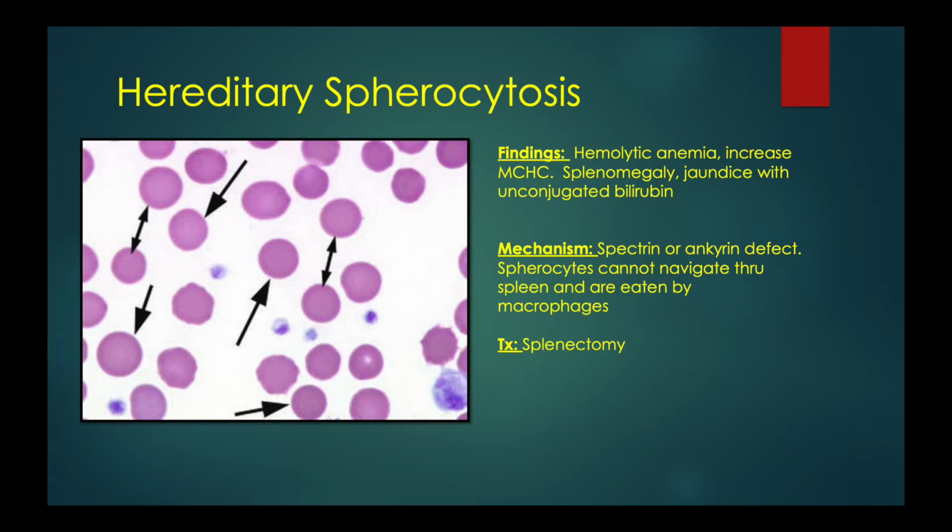It's like they're a giant circle, per se, and they don't have that kind of indentation, and that's what it looks like on the slide. Okay, and this is the one where splenectomy would be the treatment. Don't worry about that. That's more of a Step 2-3 thing when it comes to the treatment aspect. Defect in spectrin or ankyrin. Okay,